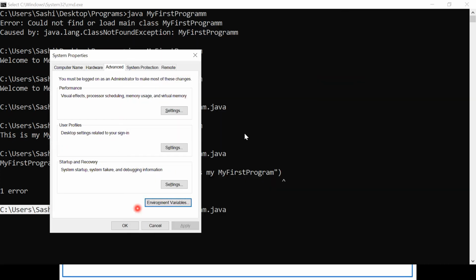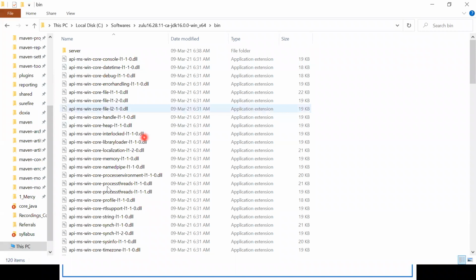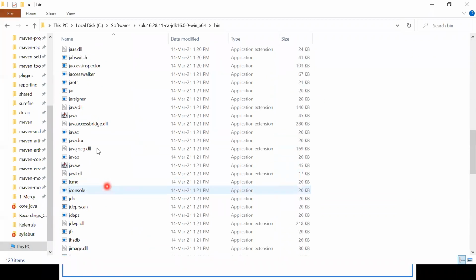So it will go inside the bin directory and check javac is there. Yes, javac is there. Then internally it will invoke the javac.exe file. This is an exe file. That comes into picture and takes care of compiling the program.